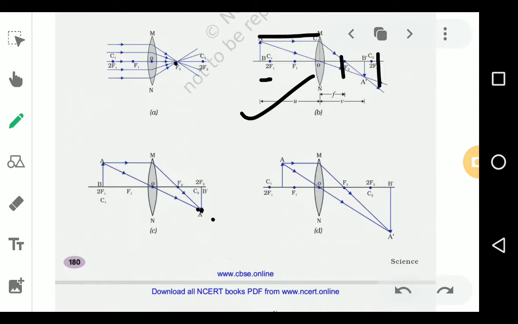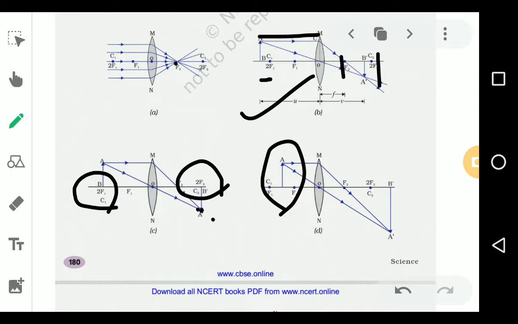So when the object is taken at 2f1, the image you are going to get at 2f2. Okay, and so in the next one, the object has come a little more nearer to the lens, that is now it is present between 2f1 and f1. Okay, between 2f1 and f1, just like the previous ones, one light ray is passing parallelly,